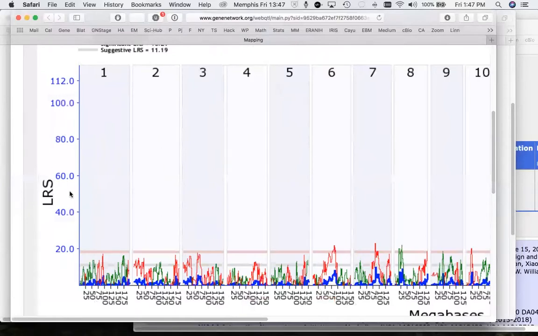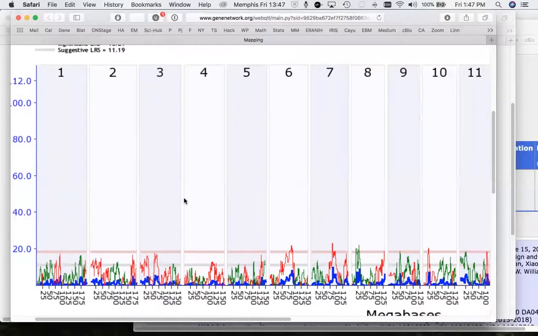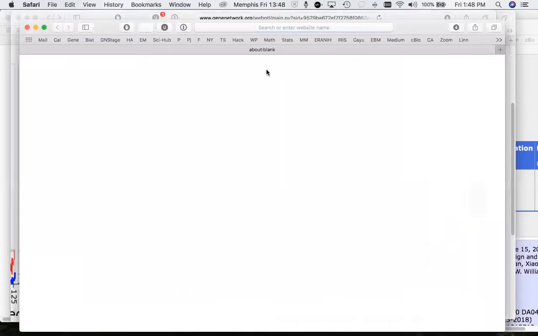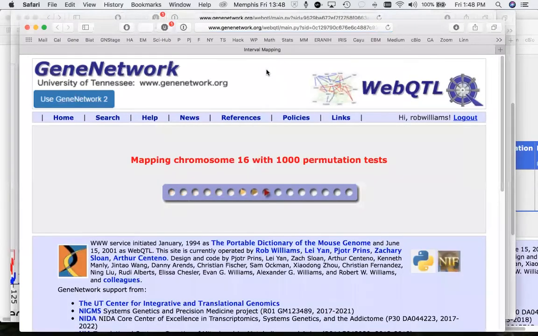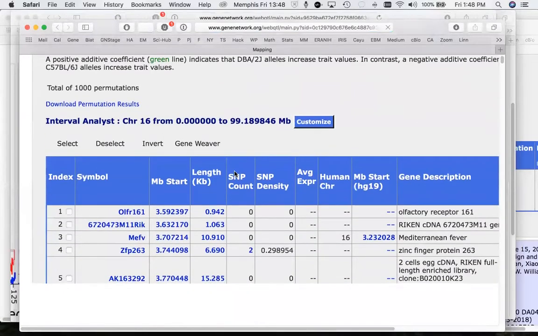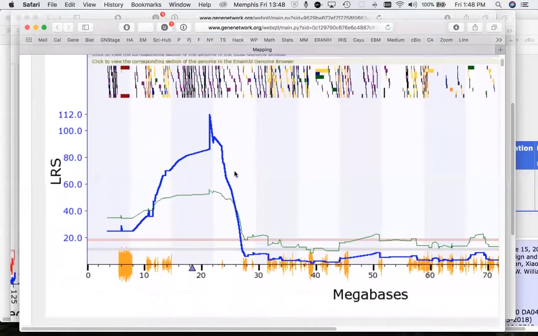So this is our statistical confidence that we have causality. And here, obviously, we have something big happening on chromosome 16. That happens to be precisely the location of catechol O-methyltransferase. So really, we're saying something very simple here. We're saying that differences in catechol O-methyltransferase expression are caused by a gene variant in or very close to the catechol O-methyltransferase gene itself. Where did that variation come from? It came from an insertion in the 3' UTR, as I showed you earlier, a paper we published in PLOS ONE quite some time ago.